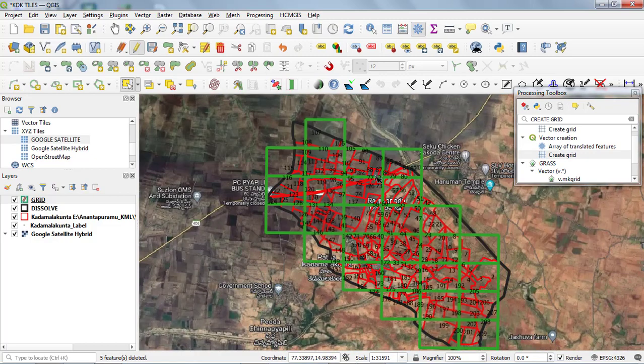Deleting the unnecessary grids, so we need to give the tile numbers to these